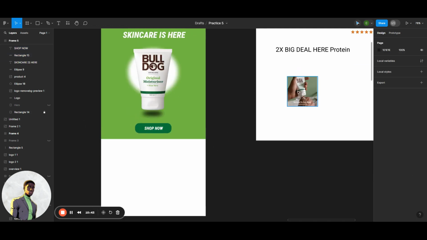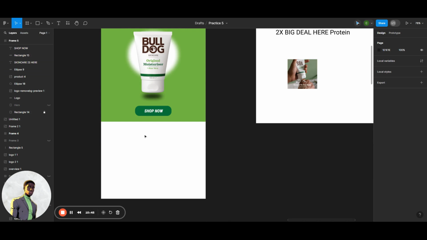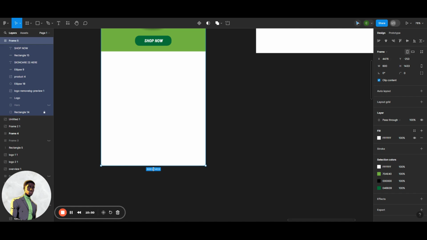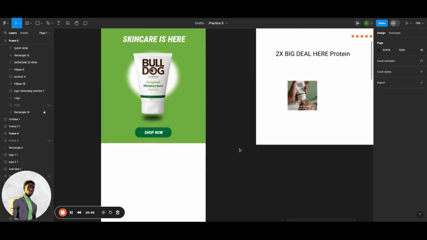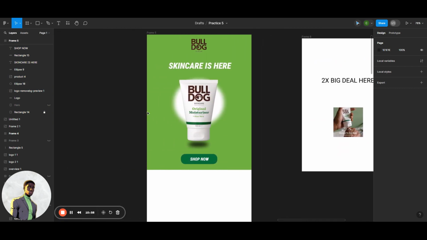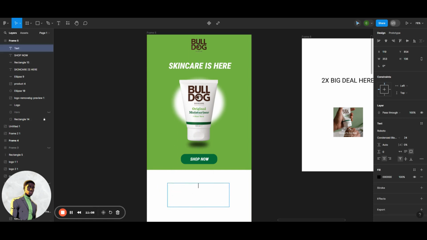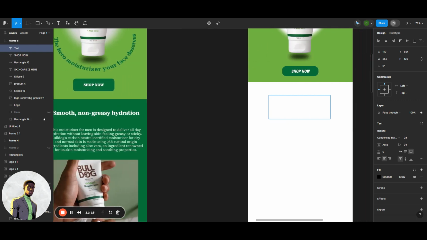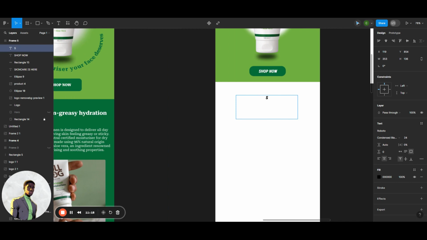Now to make the product, the other stuff, you usually just select your frame. If you don't have a space, go down below. There you go, and then just get your body copy. Usually your body copy is like when you talk about maybe the product or just some more information about the brand in general. So yeah, I'm just gonna have it here. You can have whatever you want. You can have like, let me see what I have on there. So yeah, so like smooth,